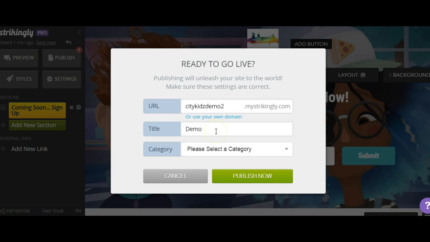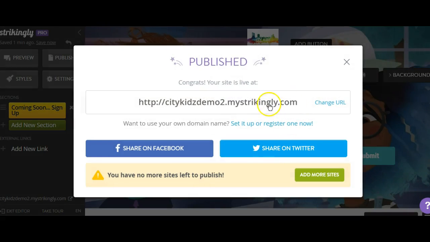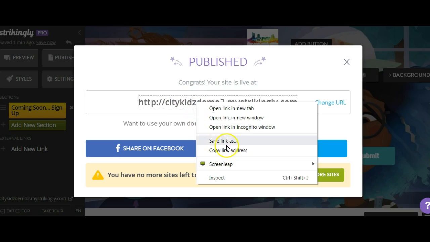Try a couple of different styles if you want to do that. And then when you hit publish now, this is something I want to show you. Publish now then says, okay, cool, you've published it. All right. And then it gives you that CityKids demo2.mystrikingly.com. Now, this is what I want to show you. What you can do then is take this URL, right? Go ahead and take that URL, copy link address,